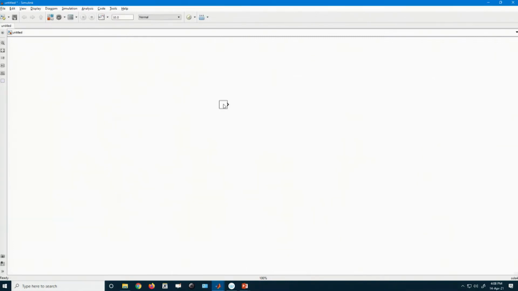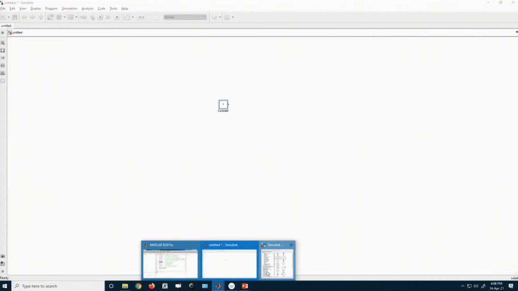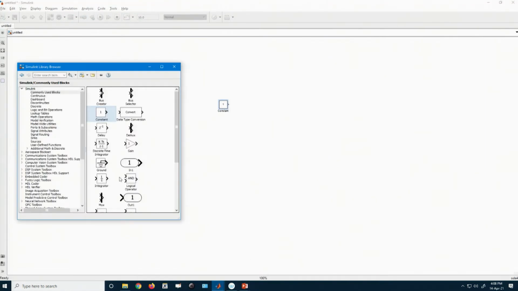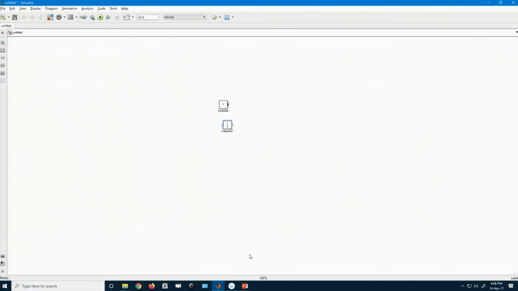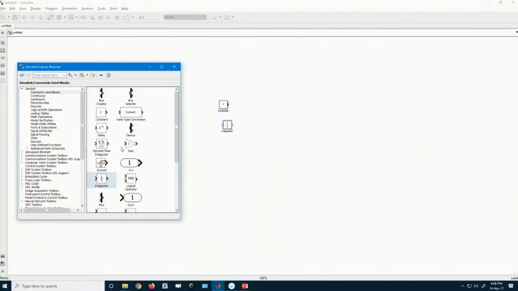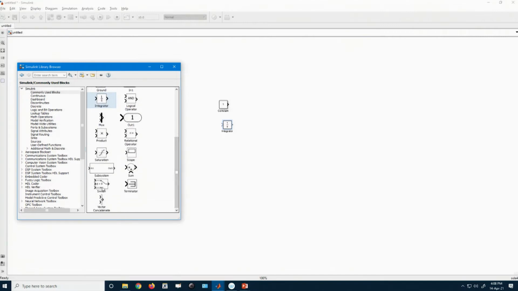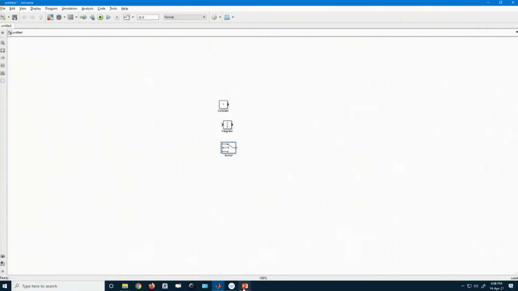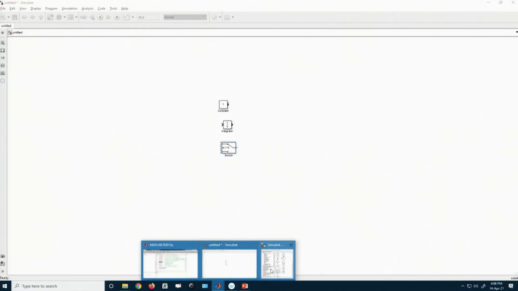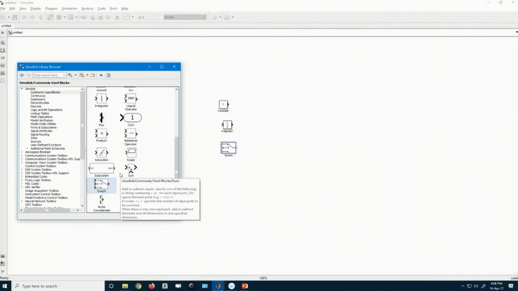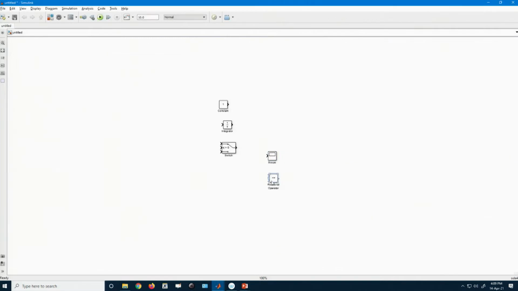We need a constant, an integrator, a summation, a switch block, a scope if you want to simulate, and a relational operator if required.